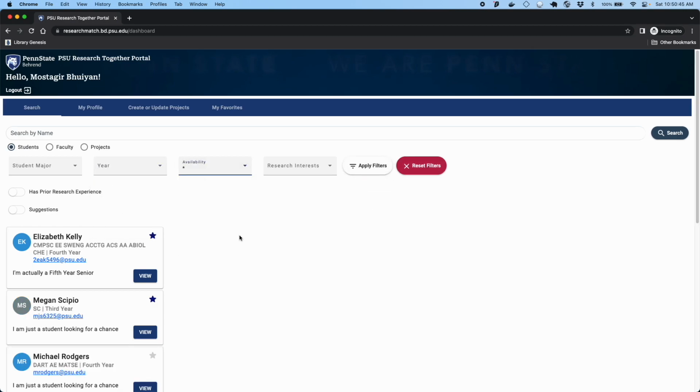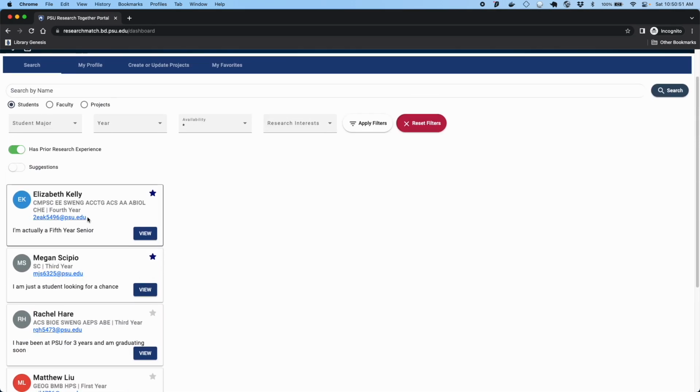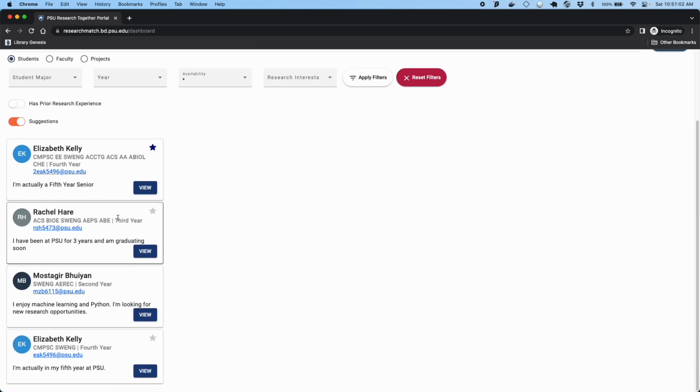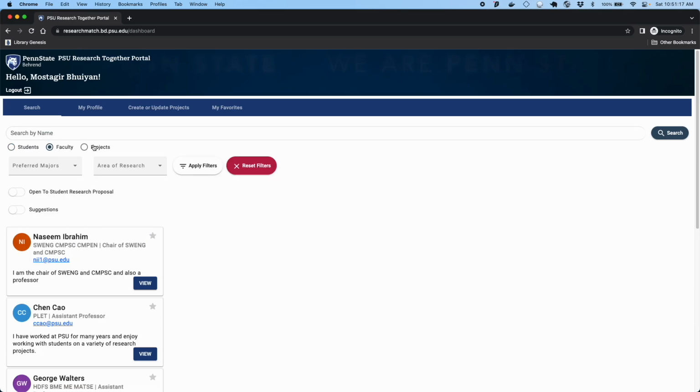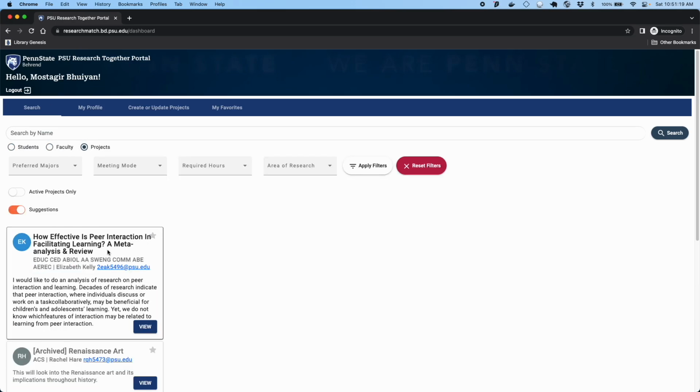With the wildcard, you have your go-to Boolean filters. That is our best guess of the most commonly used attributes for a certain interested user. You also have the suggestions, which are an algorithmic way of returning a list of matches between students and faculty, which is the user that I'm logged in as right now. Similarly, if you're a faculty member, this is what we are returning for projects that might be of interest to you.